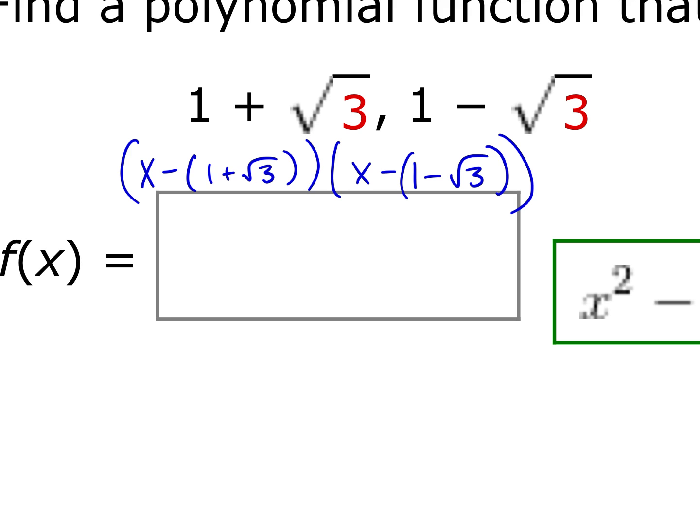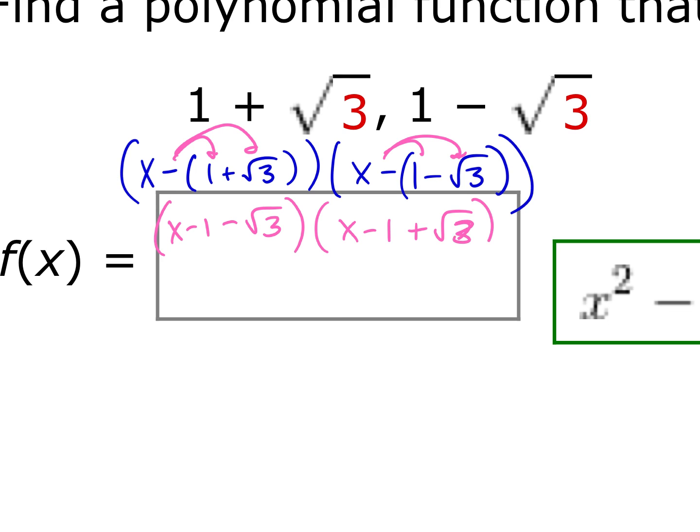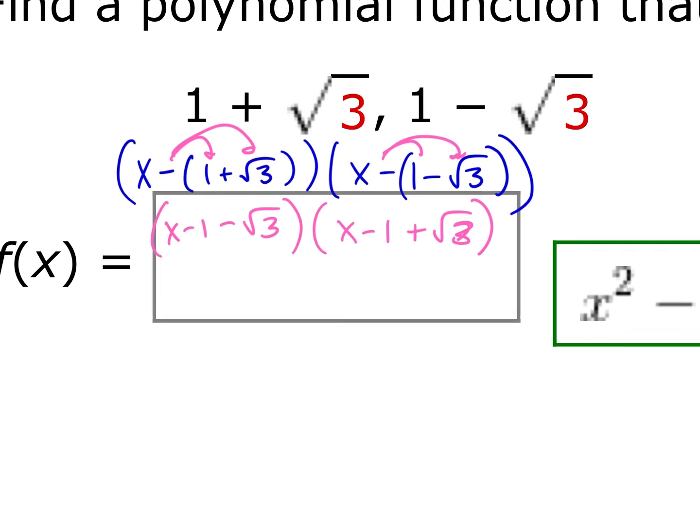Distribute. I want to distribute that negative. So I have x minus 1 minus square root 3. And then x minus 1 plus square root 3, because when you distribute the negative here, it becomes a plus. So we could FOIL this out, just make sure everything in your first parentheses gets multiplied to everything in the